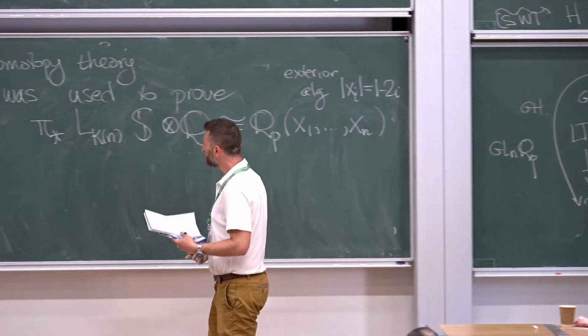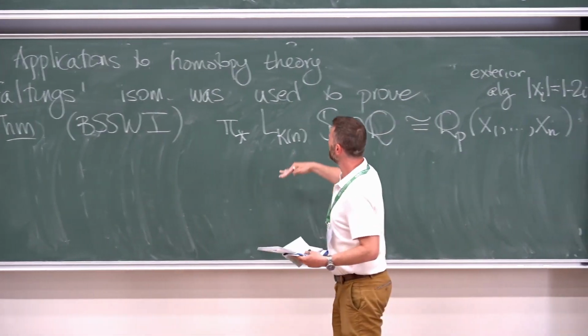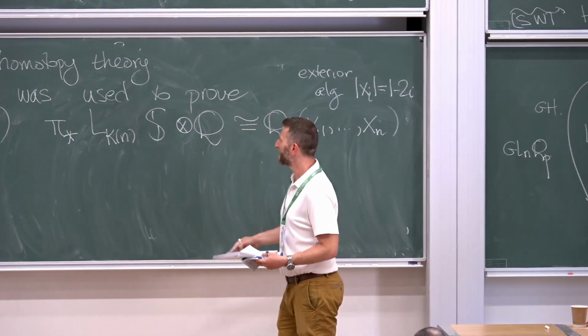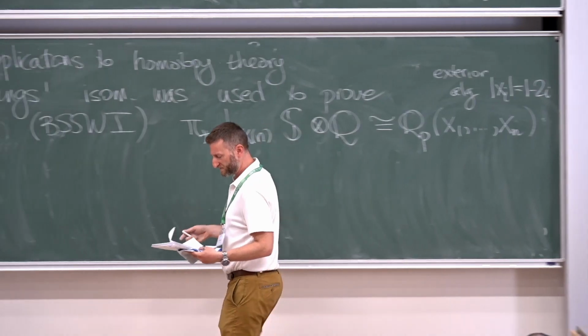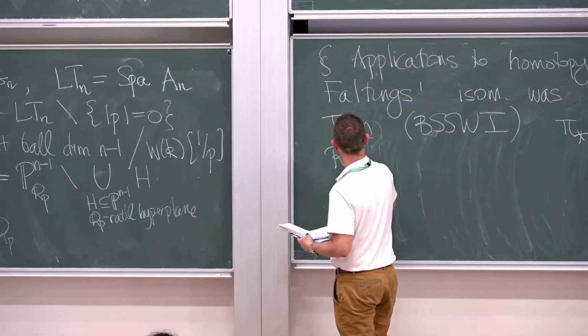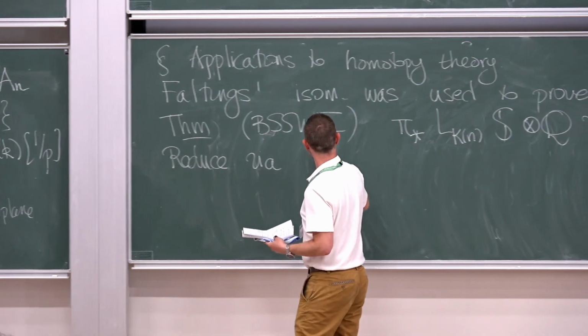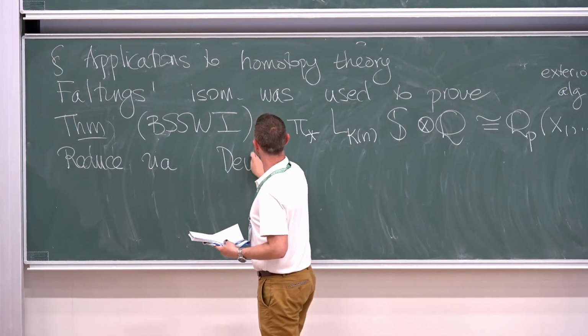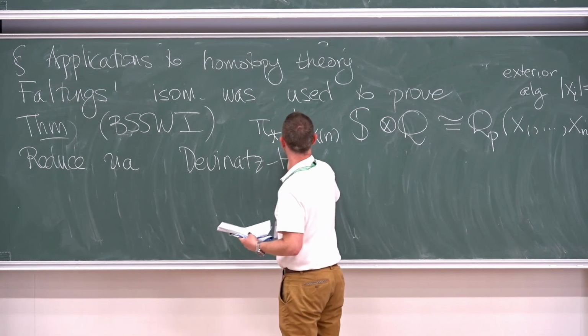So, all right, so how is this done? First of all, I want to reduce this to some kind of algebraic statement only having to do with group cohomology and not having to do with spectra. So the Devinatz-Hopkins spectral sequence came up in Ishan's talk, so I can just refer to it.